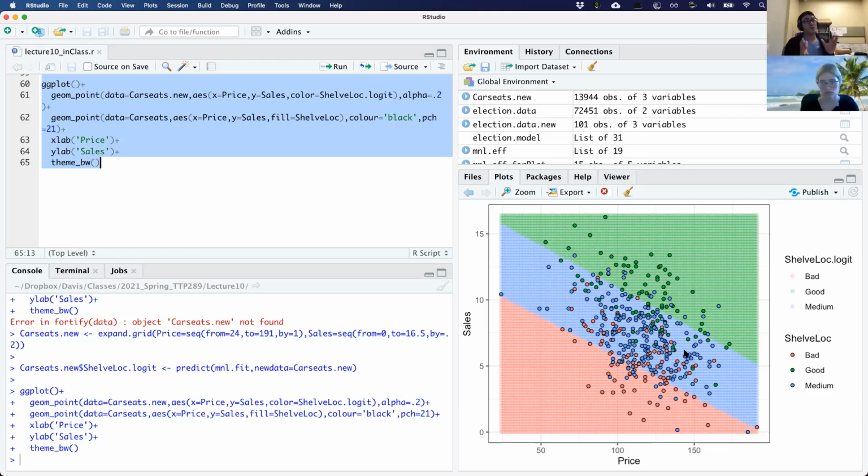And by using different error metrics, by caring more about type 1 error versus type 2 error, or type 2 error more than type 1 error, you can use that as a different type of metric. And when we do model comparison or variable selection, you may find that your total error rate will go up, but your type 1 or type 2 error will go down because you've tuned the model that way.